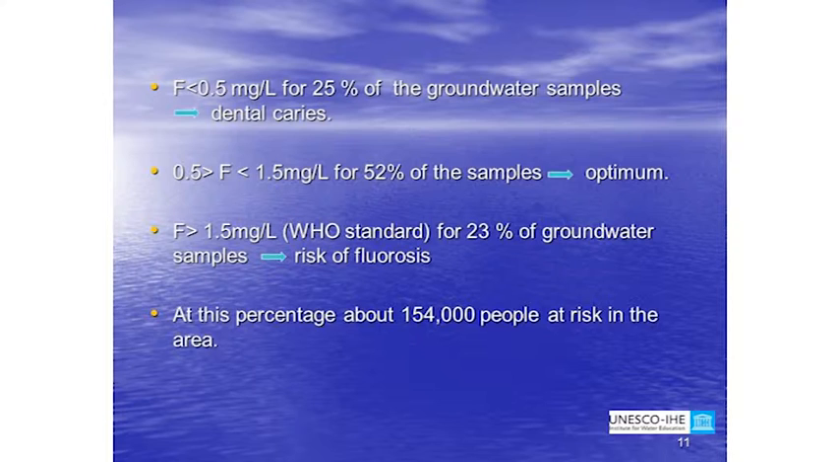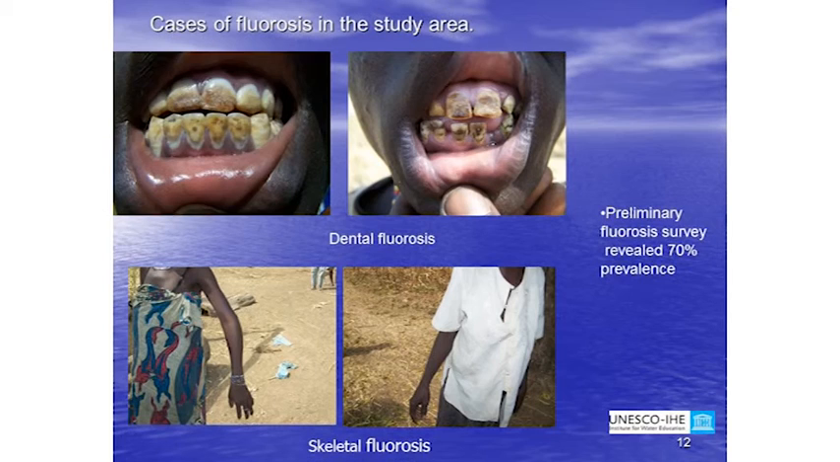Now, if I do some projections based upon the percentage that has fluoride above 1.5 milligram per liter, then in that area about 154,000 people are at risk of getting health effects from drinking the water. These are some pictures that I took in some of the communities in Ghana during my field work, where they are consuming water that has fluoride beyond the accepted value. At the top you see young guys with dental fluorosis, and below you see